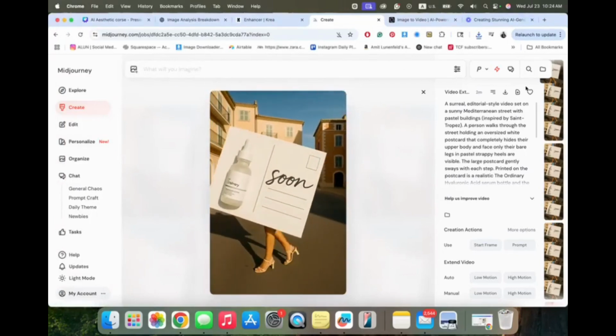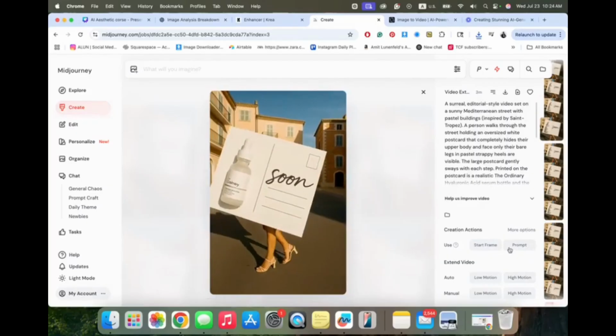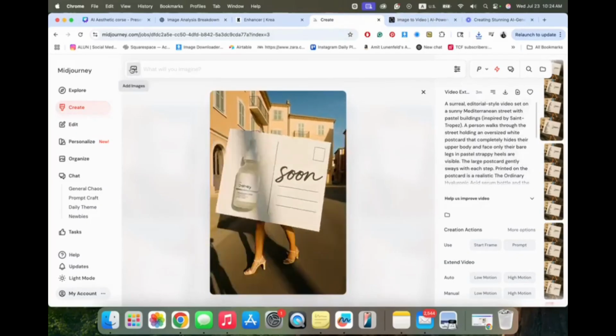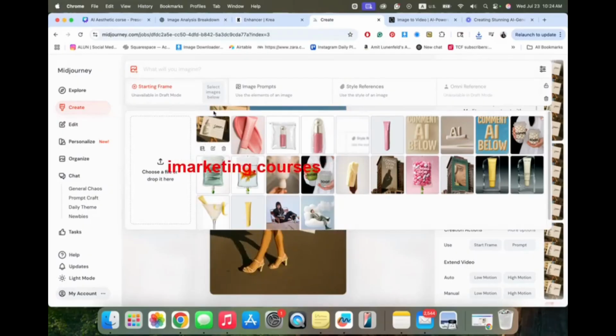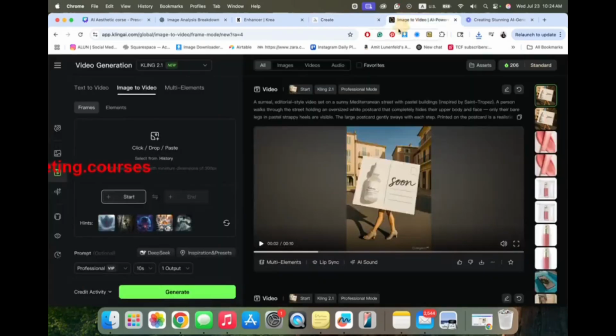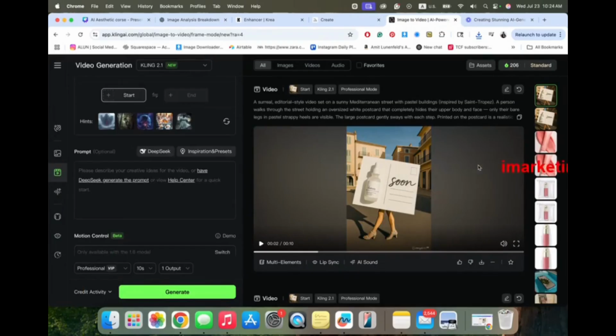Okay, before we are wrapping up this class, I want to show you more things that I created with AI and how I did it. This is Midjourney. This is Kling AI. With Midjourney, it's pretty simple. You grab the image, place it here, write the prompt you got from ChatGPT, and create it. As well here, you click on video, add the image, ask for the prompt, you get the result.